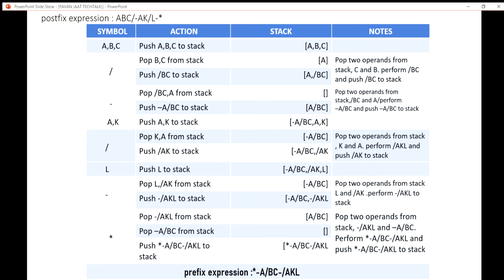After pushing -/AKL to the stack, we will have -A/BC, -/AKL. So here -/AKL is pushed into the stack, and then